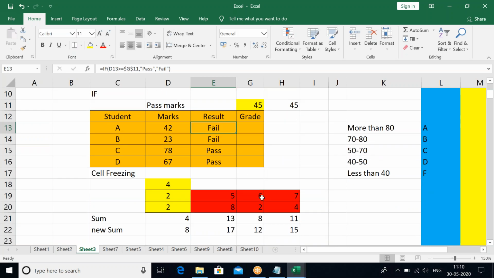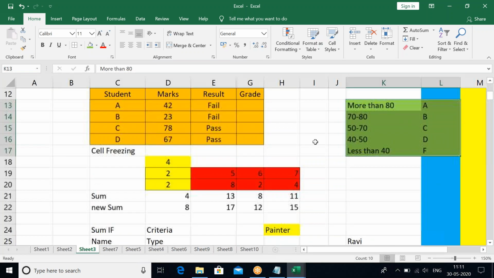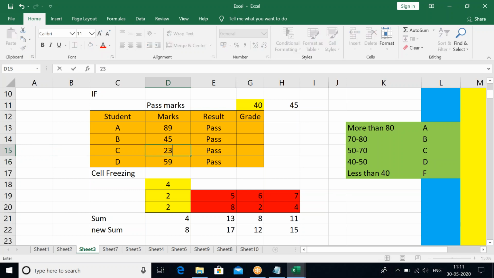ठीक है, लेट्स कॉम्प्लिकेट दिस फर्दर। नाउ अभी मुझे ग्रेडिंग चाहिए एंड ग्रेडिंग्स आर लाइक दिस. Create the table which is in green now. Add a table which is in green. ये grading system है, मतलब जिस स्टूडेंट के 80 से ज्यादा आएंगे, तो let's put some students 89 इसको कर देते हैं. तो पासिंग मार्क्स को भी 40 रखते हैं, चलो 40 करते हैं इसको. And I have somebody at 45 and then 78, 67, yeah. So किसी को फेल भी कर देते हैं। सो क्रिएट मैंने ऑरेंज टेबल में कुछ चेंजेस करे हैं, वो चेंजेस कर लीजिए और एक ग्रीन टेबल क्रिएट करिए।